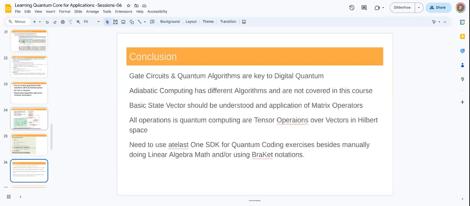The conclusion: gate circuits and quantum algorithms are key to digital quantum. I am saying digital quantum because this is discrete. Quanta means quantity, and how much that is measured. This is subatomic particle based. So the quanta is very low, like the photon, like the characteristics of the electron, photon being massless, whereas electron has some mass, and